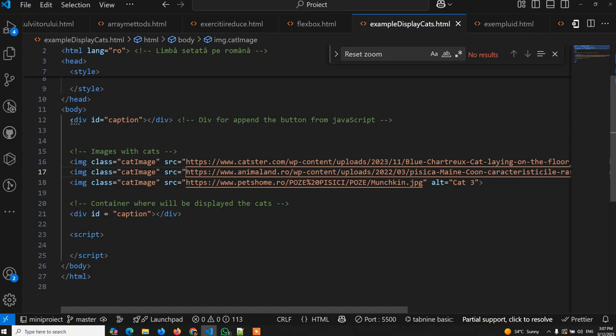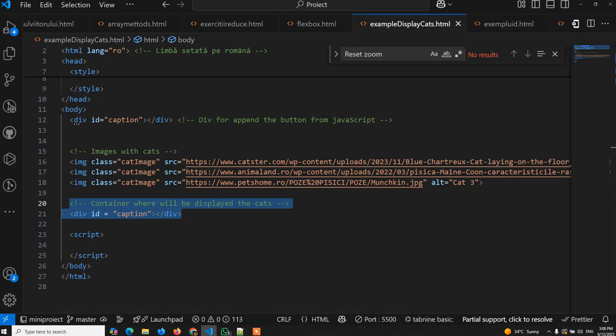Also in this HTML, I have a div caption with id caption. To this div I will append my button. And I also have a container with another id, cat gallery,